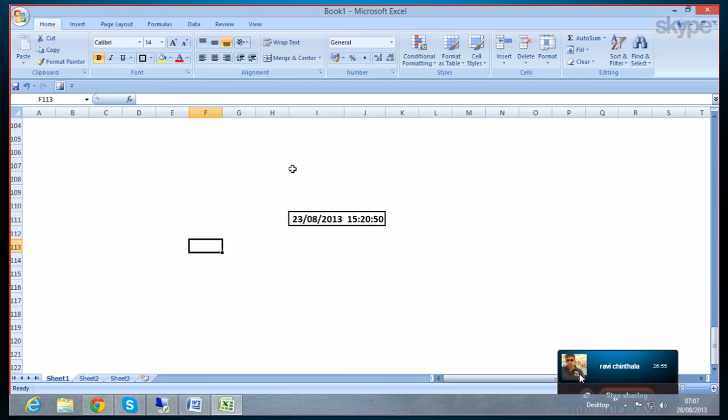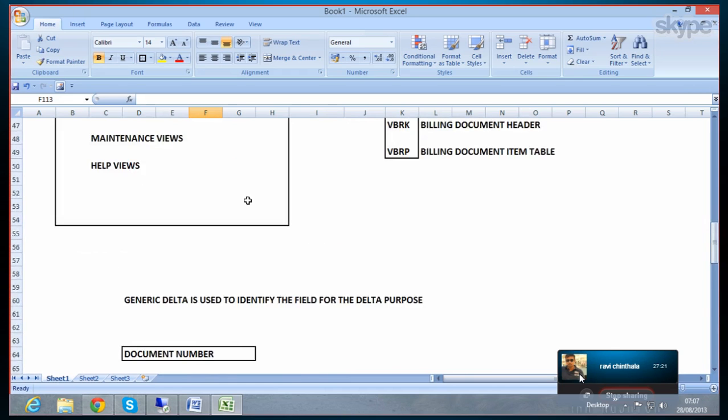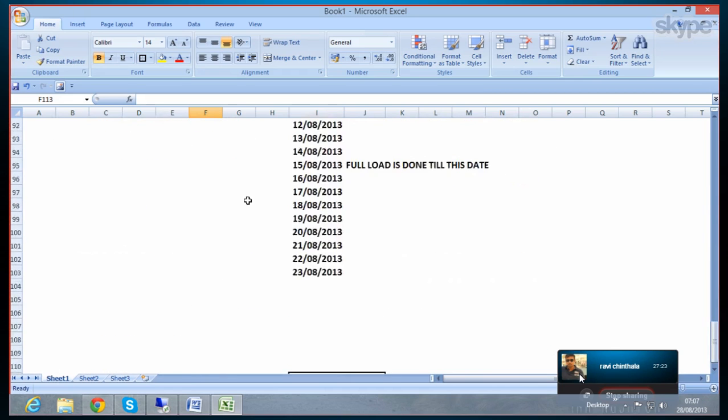This one together, so there are three types of delta, and in FI you will find timestamps. If you are extracting with the FI tables, then you will find those timestamp fields in those tables, and you can extract data according to that. And for example, if you have selected a numeric pointer,